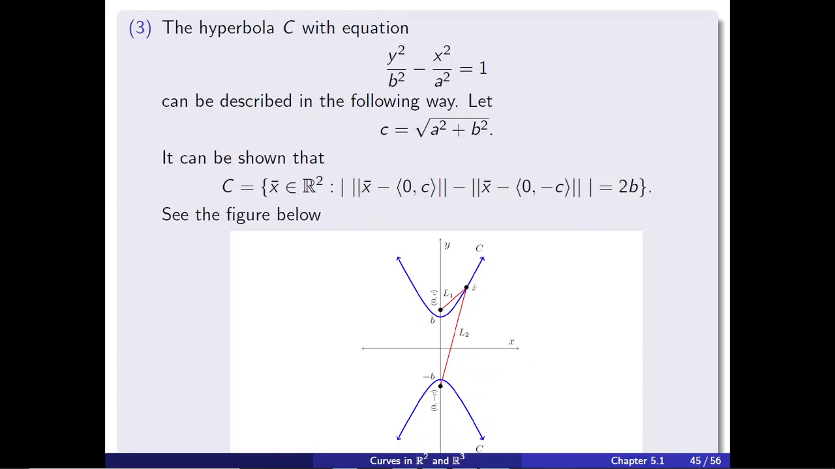The other point: the hyperbola with equation y squared over b squared minus x squared over a squared equal to 1 can be described in the following way. We are going to do what we did for the ellipse. Suppose c is the square root of a squared plus b squared. Then it can be shown that C